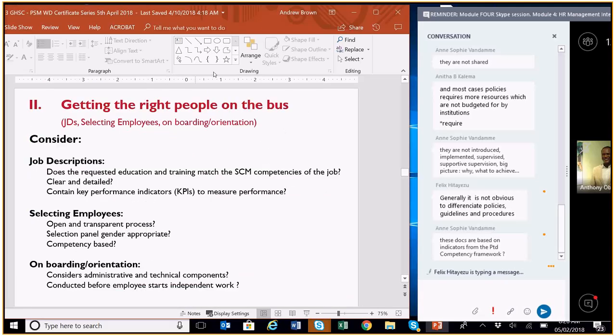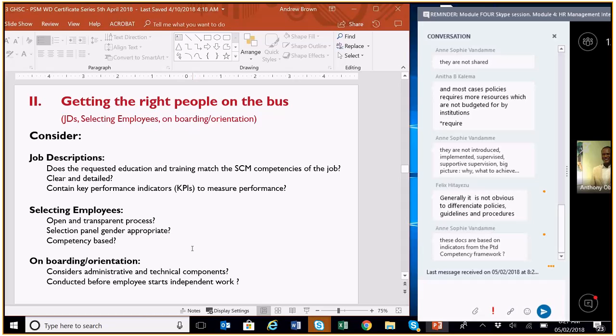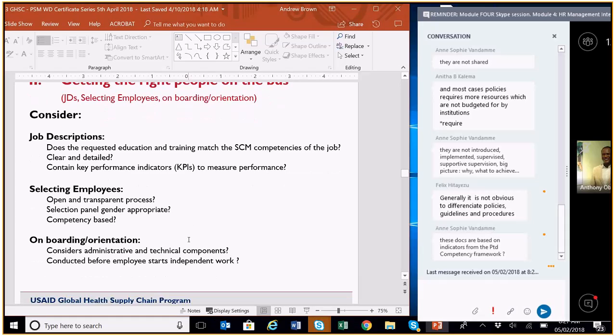So getting the right people on the bus is really important. I find in talking to different organisations, the hardest thing to do is to remove incompetent or unproductive people from organisations. Whether that's legal reasons or whether it's cultural reasons, that's the hardest thing to do. So this makes it very important to ensure that you actually select the right people to start with. One of the key documents around this is having the right job descriptions. I'm not going to go through a whole job description here, but I've given you examples of excellent job descriptions in the pre-reading. In the tools I've provided is a job description template, which is a very detailed template.